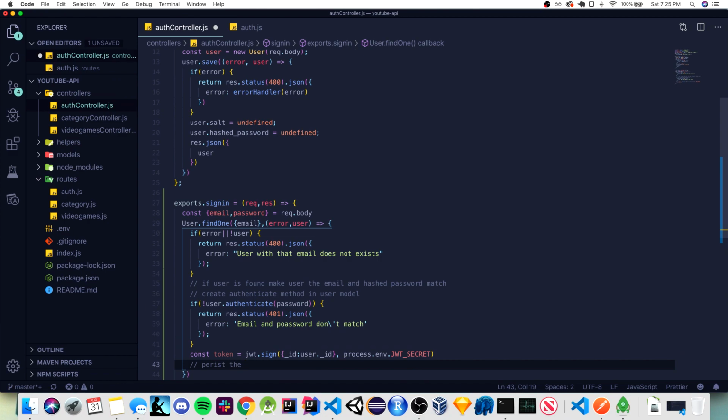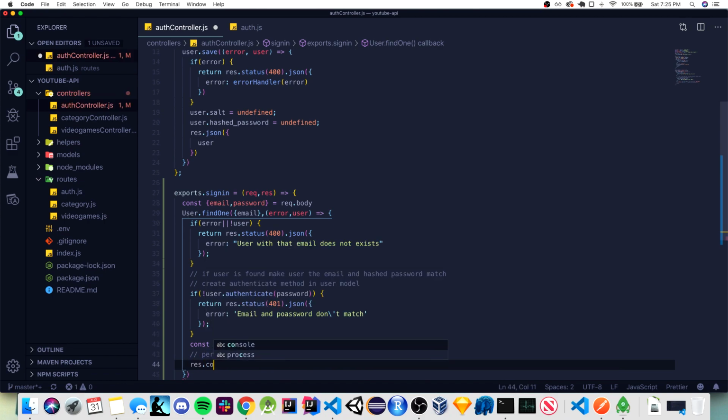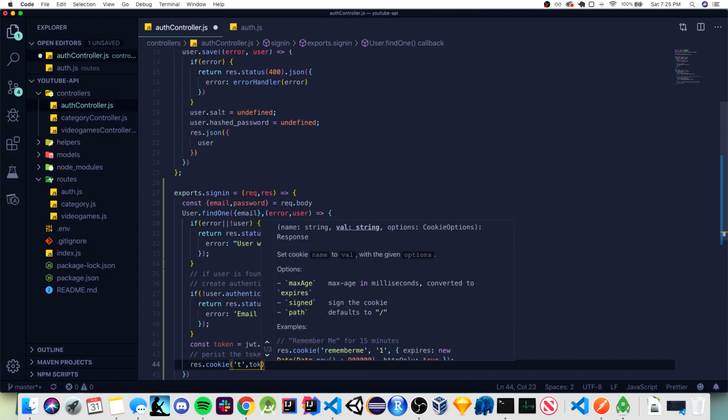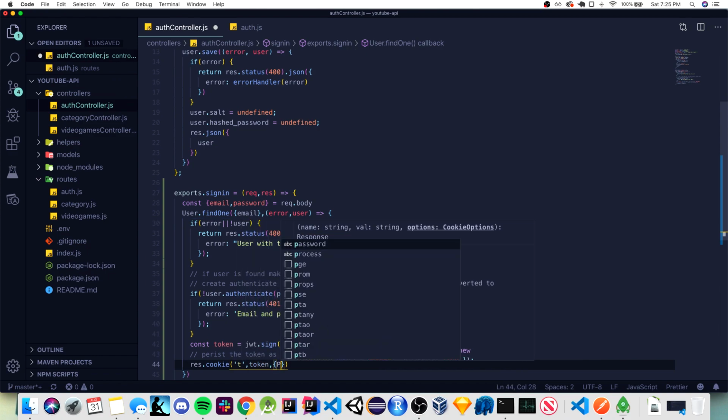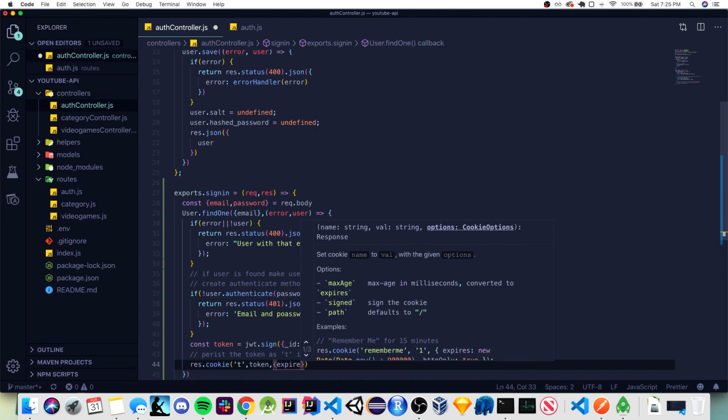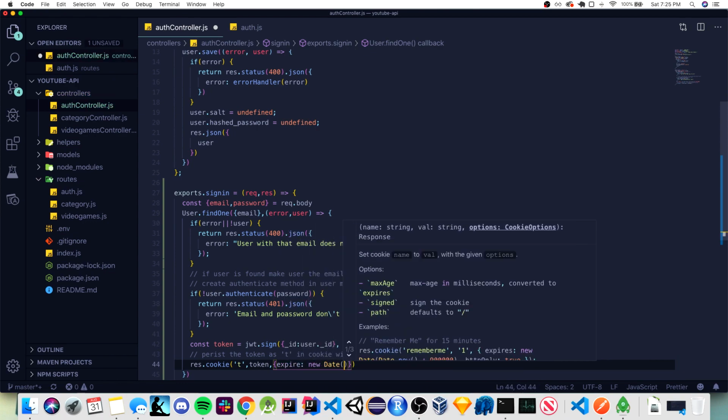So persist the token as T for token, obviously, in cookie with expiration date. So res.cookie T, token, expire, new Date,